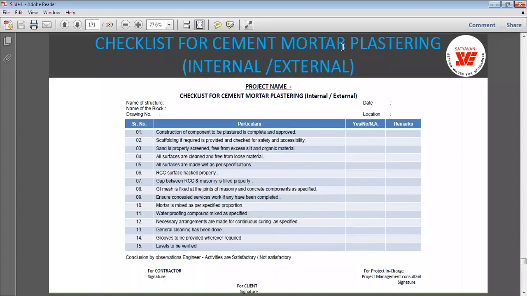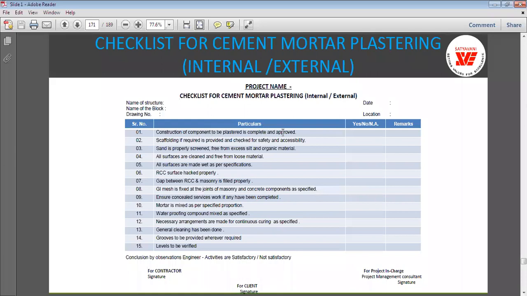Then checklist for the cement mortar or the plastering. The next part that you are going to check: construction of the components to be plastered is complete and approved.